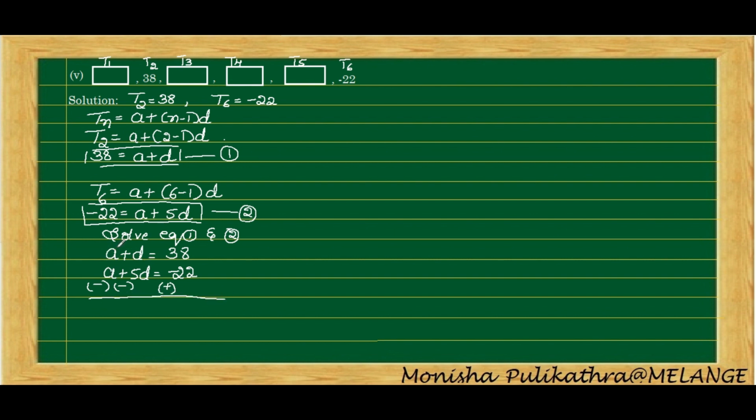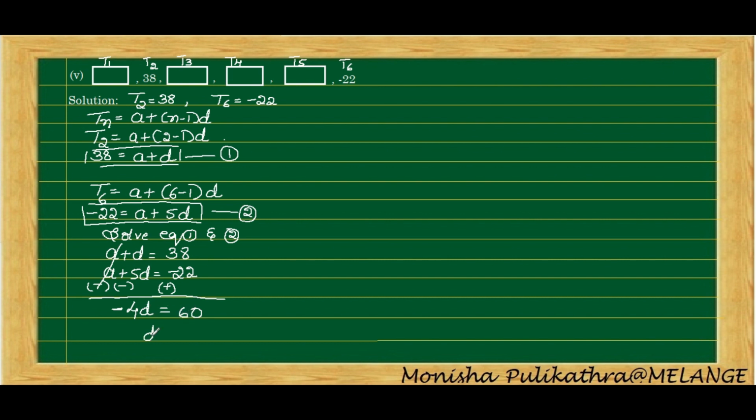So here plus A and minus A cancel each other. Here plus into minus, minus 5D minus D is 4D, whereas the larger number 5D has a sign minus here, so put negative sign. When we interchange the sign, we need to reject the middle, whatever sign is there in the middle term. So here plus into plus, plus. So we need to add 38 plus 22. 38 plus 22 is, sorry, it will become 60.